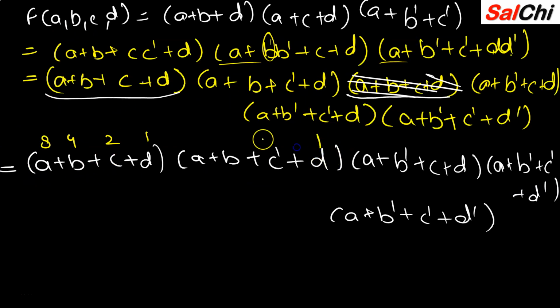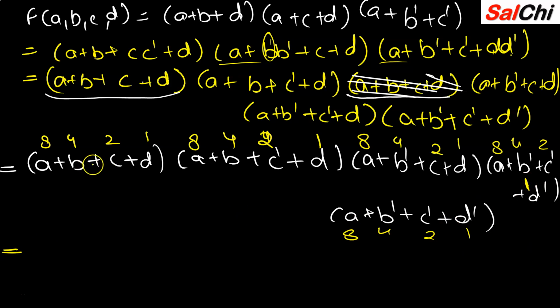So just write them all. Don't show this to your teacher. Do this with a pencil. Okay, so then it is 4 2 1 8 4 2 1 8 4 2 1. Okay, so this is 1. D is 1. Okay, so now just for POS, product of sum, what we have to do, just add the complements.